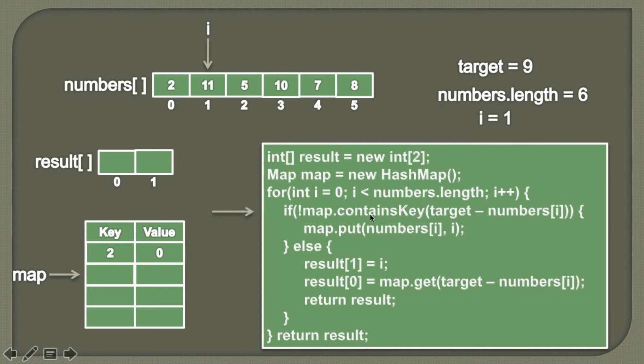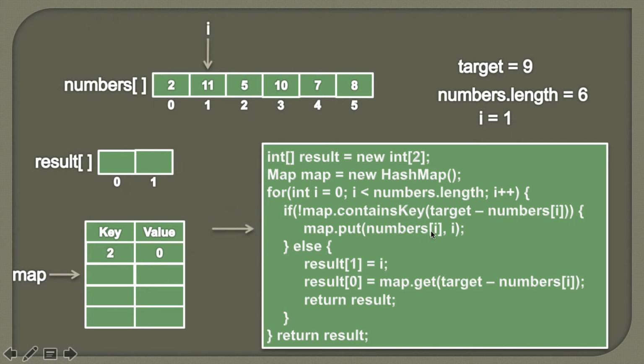So now we'll again check whether target, which is 9, minus the number at ith position. So if we subtract 11 from 9, we'll get minus 2 and we'll check whether -2 is a key in this hash map or not. So currently -2 is not a key in this hash map, therefore this condition map.containsKey comes out to be false, and if you make a reverse of it, then the if condition comes out to be true. Therefore the if statement will be executed,